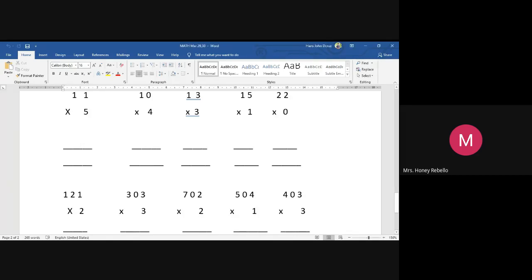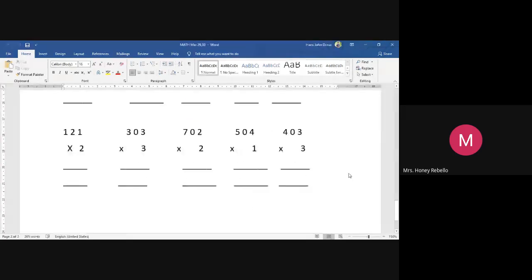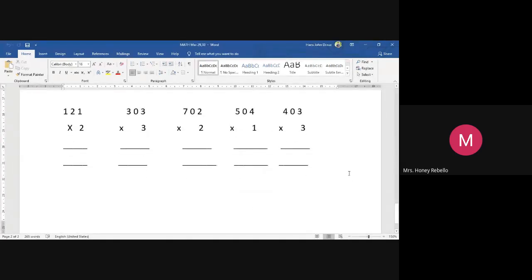Okay, now we completed the first row. Now we are going to do the next row. Now what you have to do is, please take a new page. We are continuing the multiplication now. Take a new page and write. No need to write multiply.